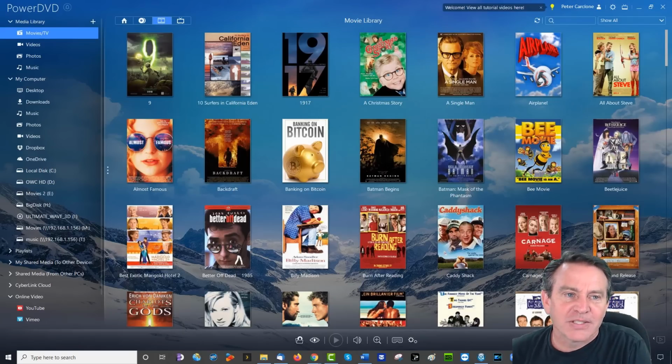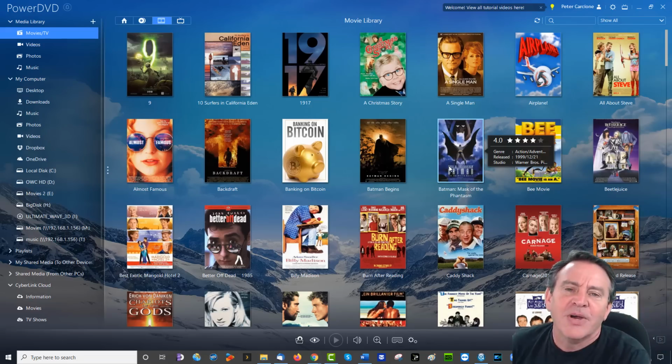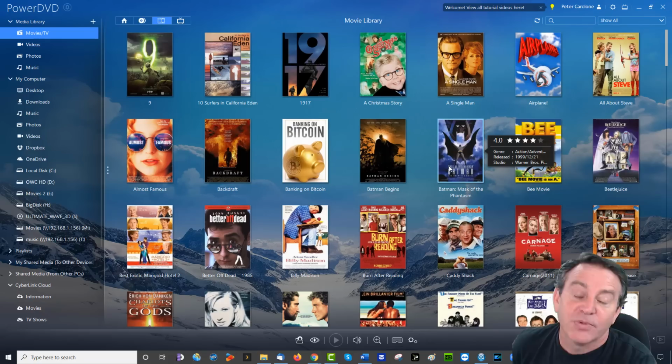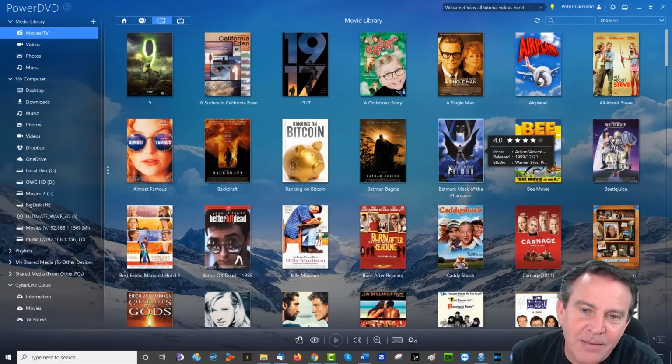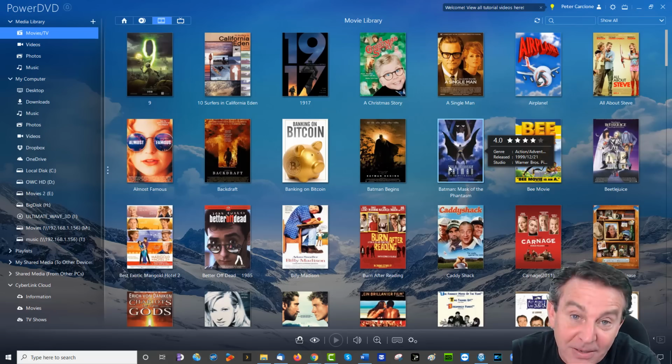Let me just show you all the stuff that I've been talking about. This is the interface. These are all my movies. I didn't have to rip them in. Do you know why? Because I ripped them in years ago. I put them on my network-attached storage drive, and I'm able to access them through Plex and all of that. This is the same collection, but I got to tell you, they look and sound even better than they did before. And it supports movies of different file types and better.